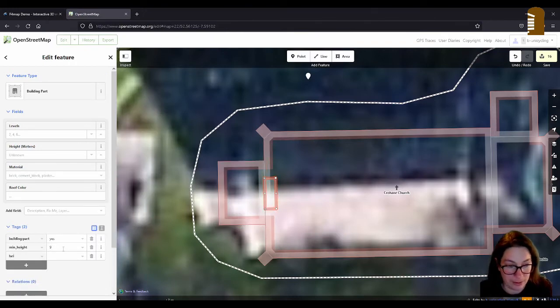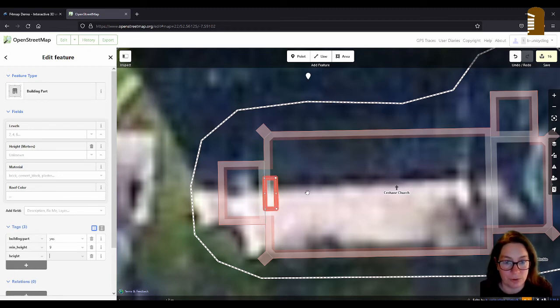And then the height, and I'm not entirely sure, I think this is the height measured from the ground level up to the top height of this whole thing. So it has to be at least 10 meters high, because it has to be above the ridge of this roof.